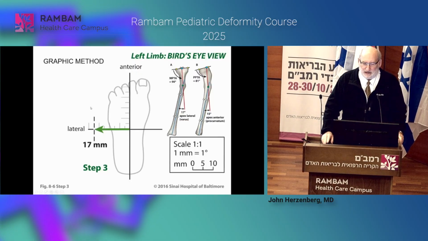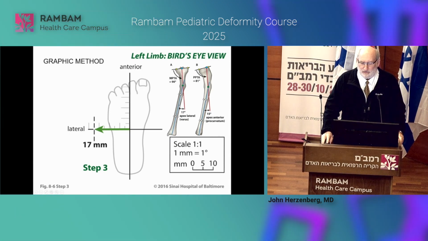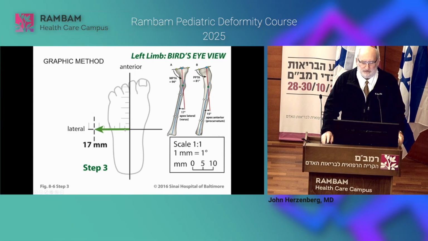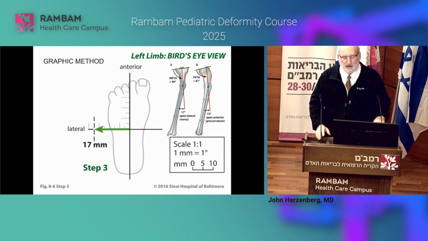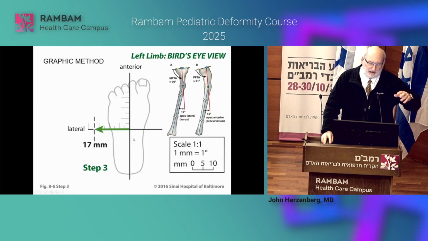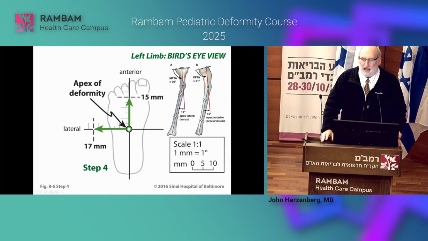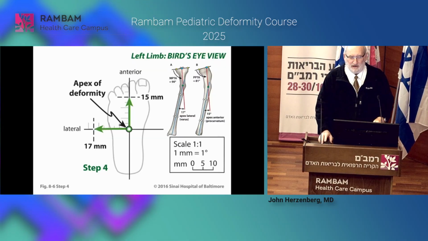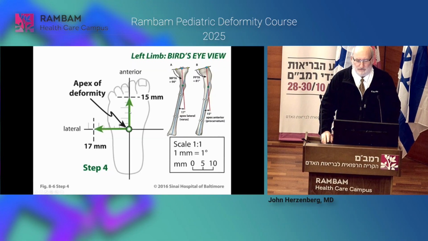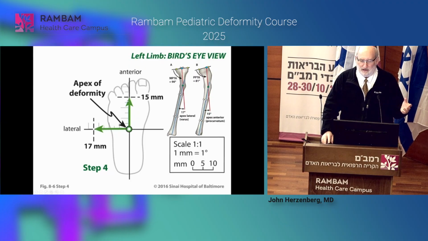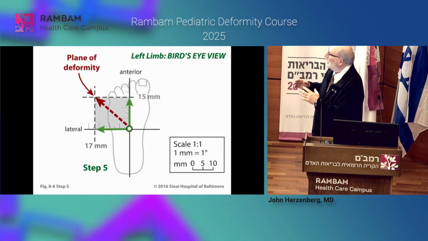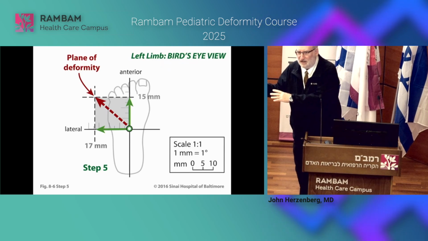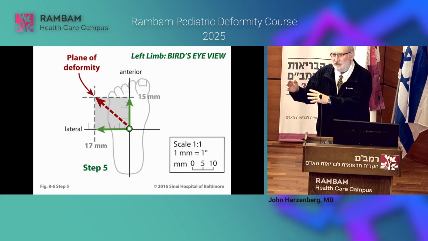So for example, on the AP view, we have an apex lateral 17 degrees, so we can measure 17 millimeters and say that's 17 degrees. It's not really. And that's the direction of that deformity. And on the sagittal view, we can take our 15-degree deformity and draw 15 millimeters up this way. And then the resultant deformity, the true deformity, is in between. So if we complete the box, and I have to warn you, this is an approximation. And so those of you who like to be accurate, I'll show you a better method.